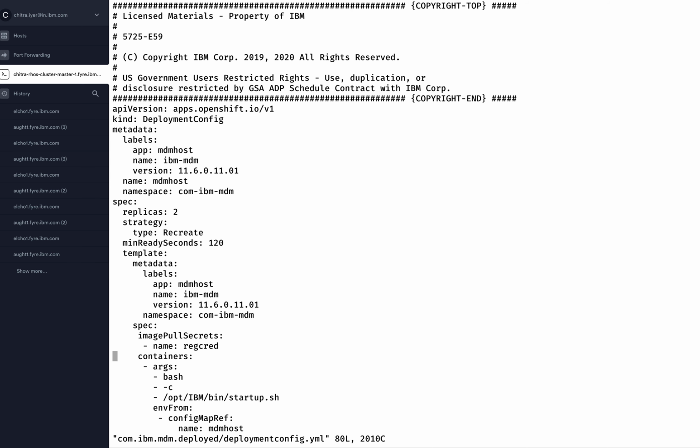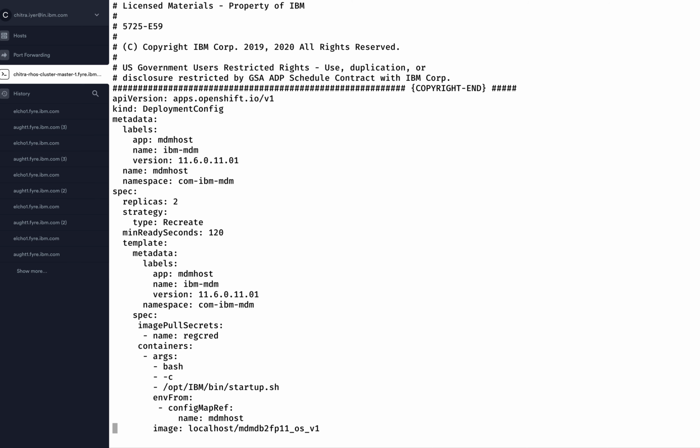We are also providing certain other details. The image pull secret is important, especially when you are using a remote registry, wherein you will need to store your login credentials in a specific secret, REGCRED. These values are all modifiable by the customer.